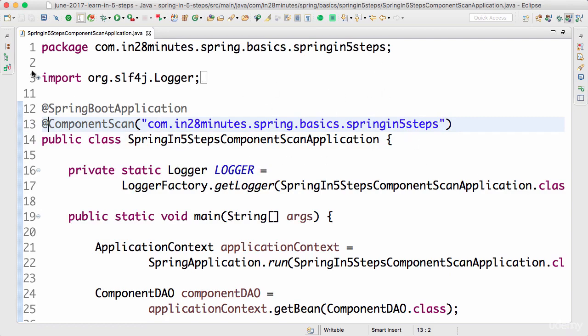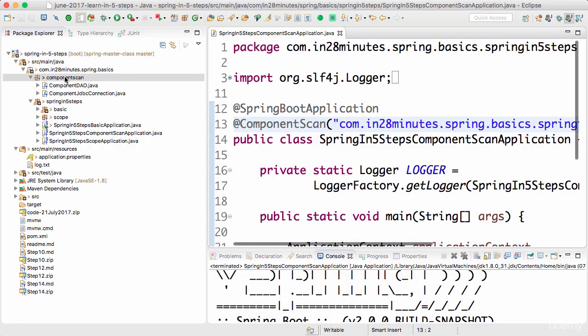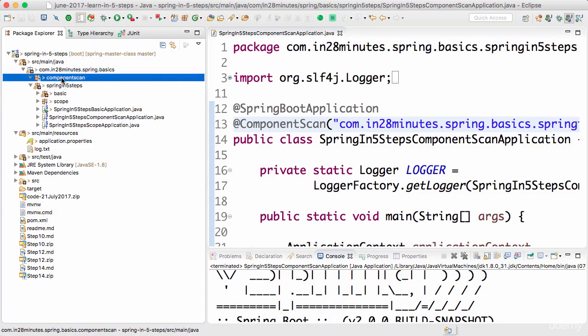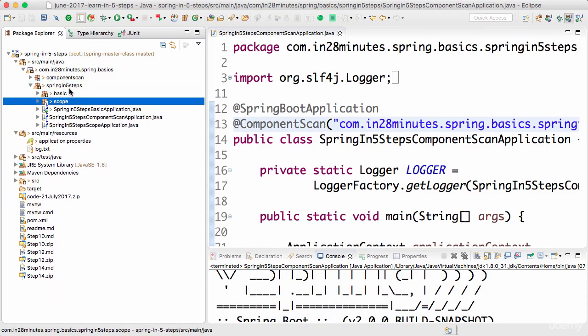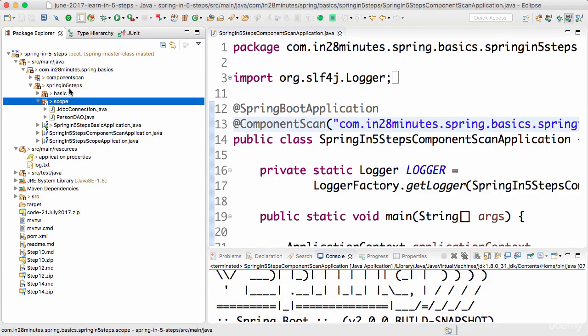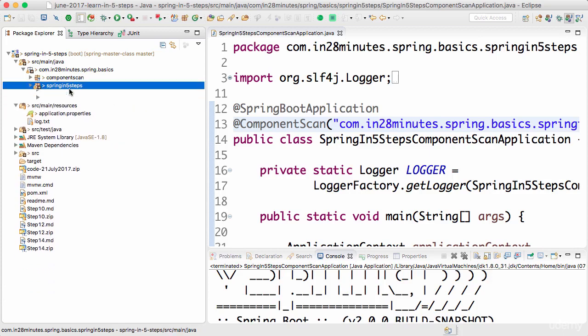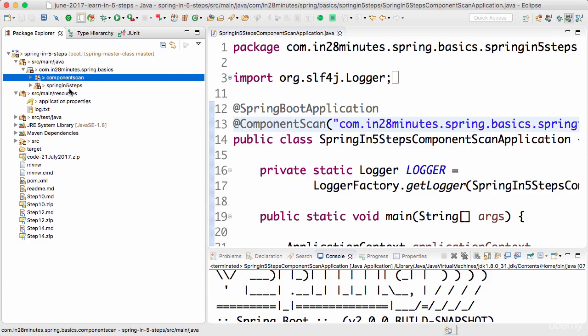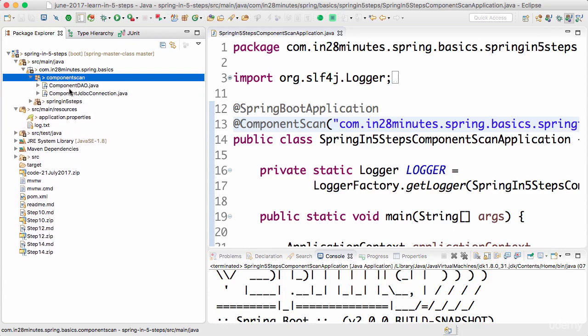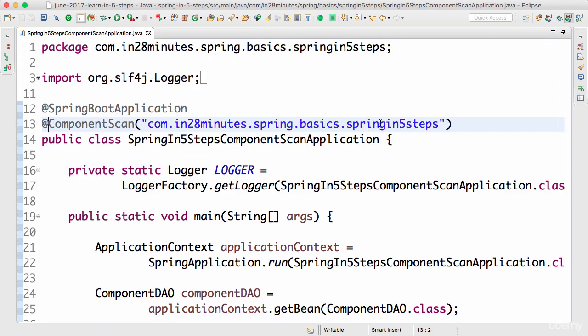So this is what is present by default. By default, we are looking for everything inside this Spring in 5 steps package, which is picked up when we put the Spring Boot application annotation on top. However, the things in other packages are not picked up. If I want other packages to be picked up, I would need to add a component scan on them as well.